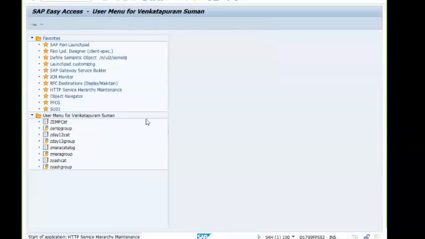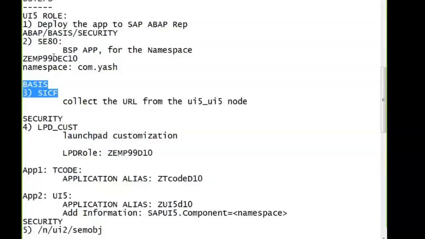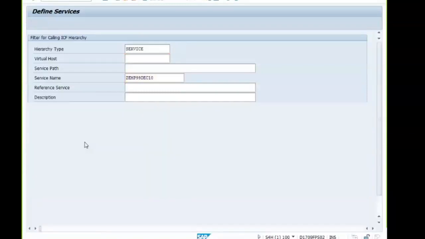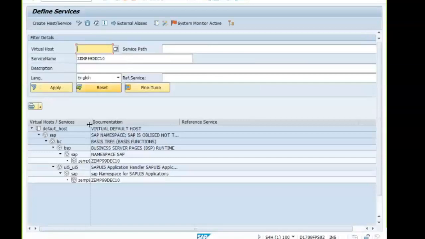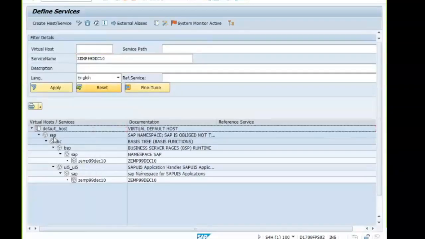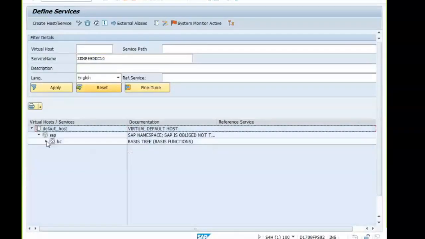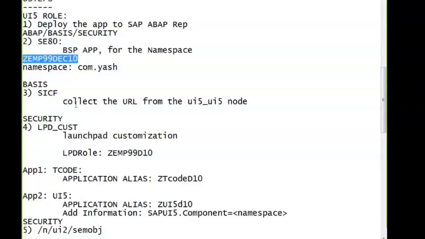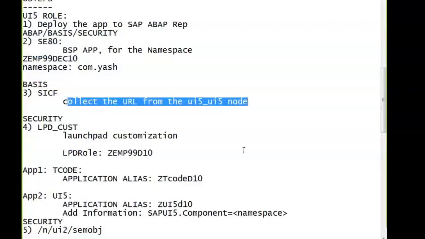In SICF, the BSP applications are stored as a service, the Service Internet Communication Framework. Here you can see two nodes, SAP BC BSP SAP and SAP BC UEFI underscore UEFI SAP, and the service. I want the URL from the UEFI underscore UEFI node.